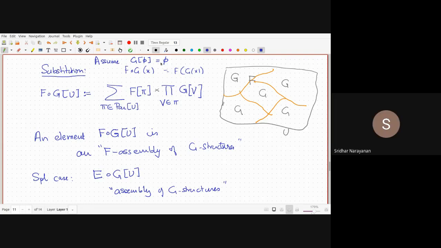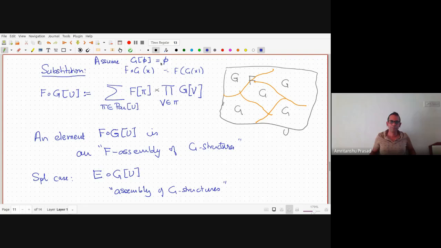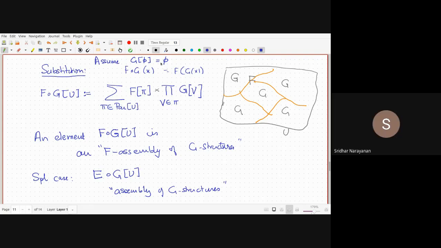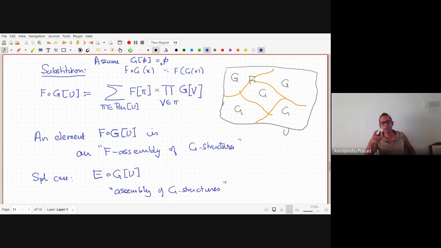So are these labeled species? Species are always labeled. Then there should be an order on the components, right? You can give the order of the minimum, arrange them ascending by the minimum. So the F structure is labeled by the parts of the partition. There's no order on them. Ordering is not the same as labeling. Labeling by an ordered set is an ordering, but labeling by a set is not an ordering. So the F structure is labeled by the parts of the partition pi.